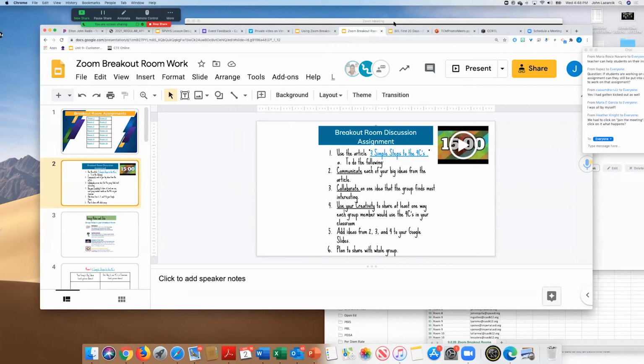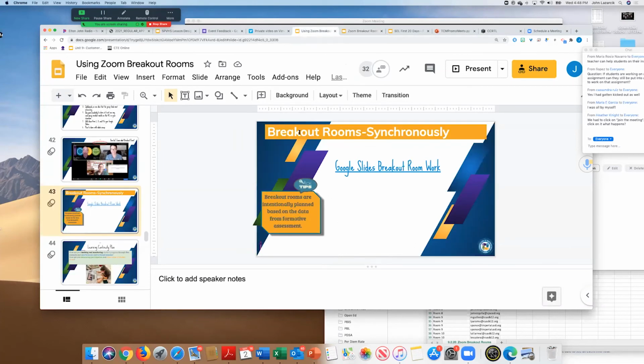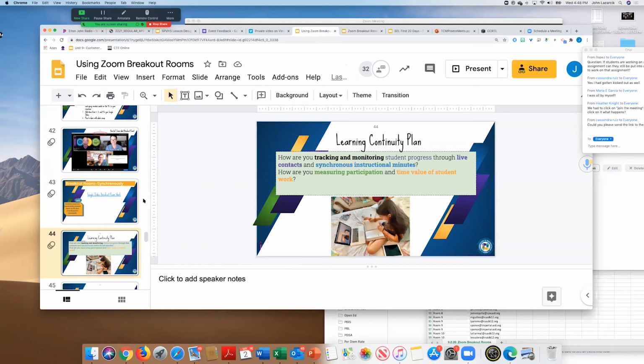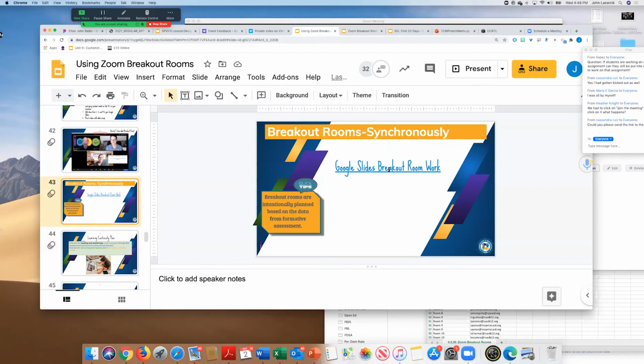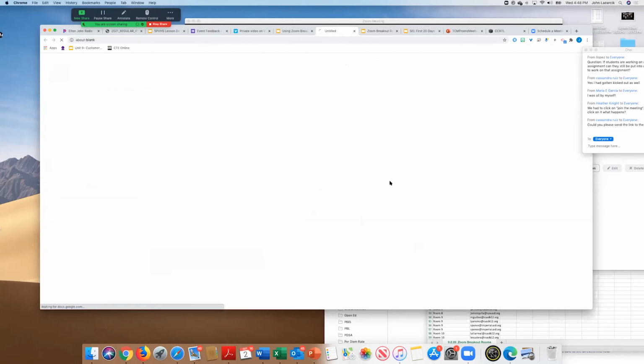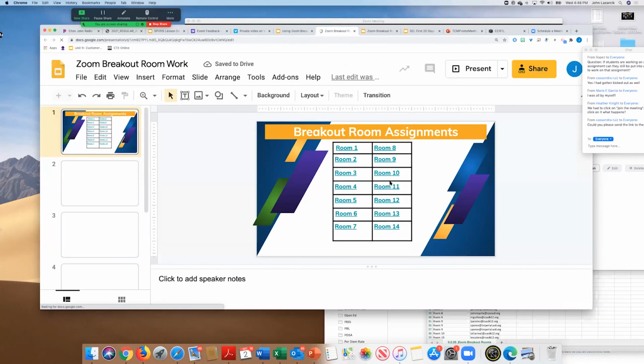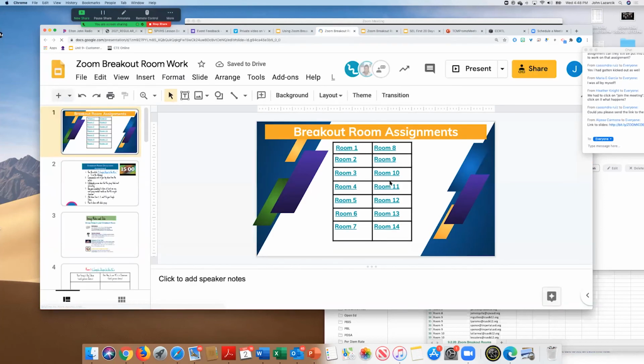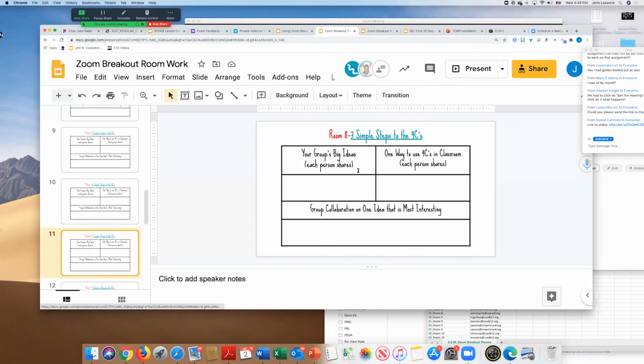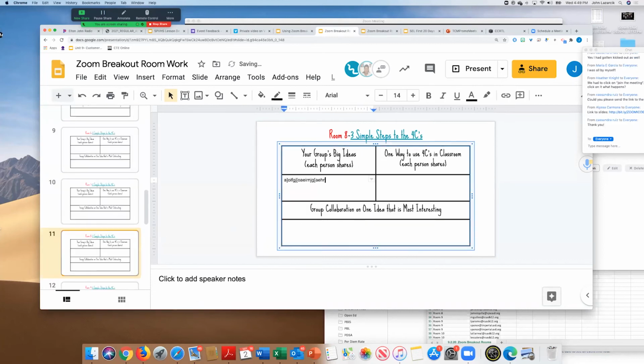Okay. So here's the main deck of slides, right? This is the presentation. I know I'm going to send them to breakout rooms, so maybe they'll all click on it, depending on how you want it, or maybe it's just one kid. But they click on this before they go into breakout rooms, because once you send them to breakout rooms, they can't see your screen. And then I know I'm in room 8, so my group is clicking on room 8. I've got slide 11. It takes me right to slide 11, and I can start doing the assignment.